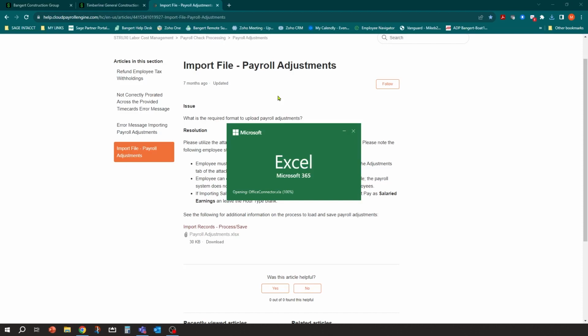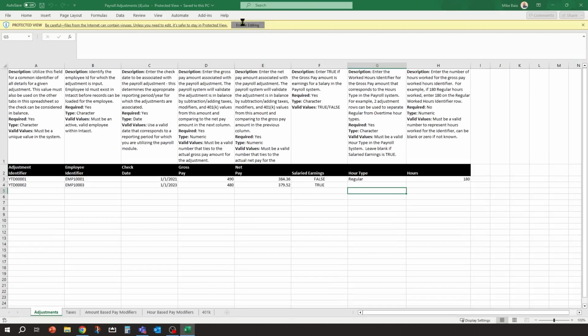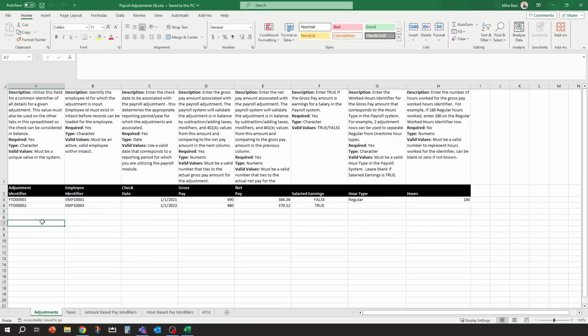Now, this is what we use during deployment to bring in payroll beginning balances. If you're not starting payroll in a calendar year, this is the template that we'll use to bring those balances in. The main reason is we can do this import without affecting the general ledger. So keep in mind that the adjustments you're doing here through import are not going to affect the general ledger. If there's any adjustment you make that needs to affect the general ledger, you're going to want to do an adjusting journal entry in the general ledger to reflect that change afterwards as well. So keep that in mind.